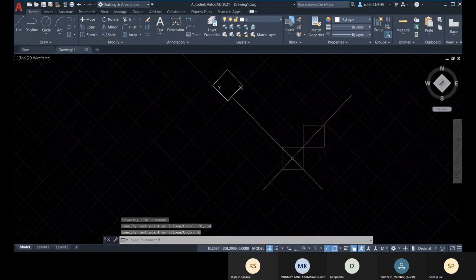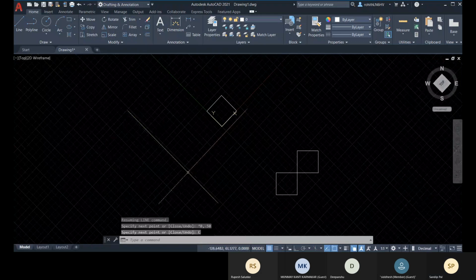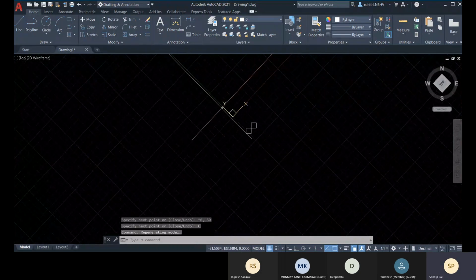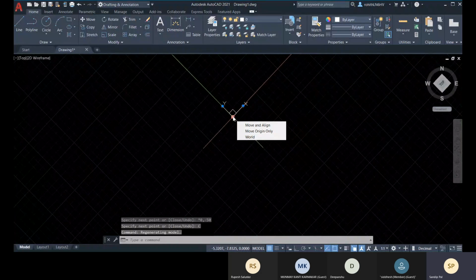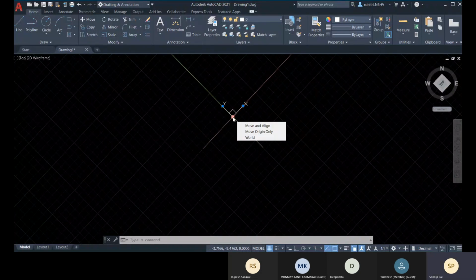Okay, so this is how your coordinate system, your UCS and WCS, works in AutoCAD. You can select your UCS and place your mouse on the origin, and you can select World so that your UCS gets back to the WCS.